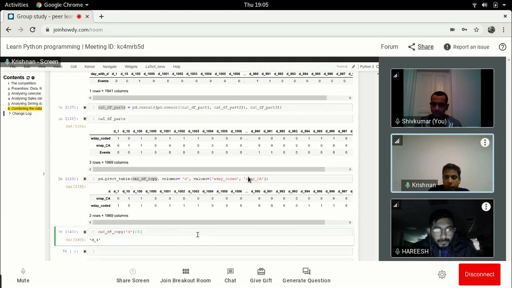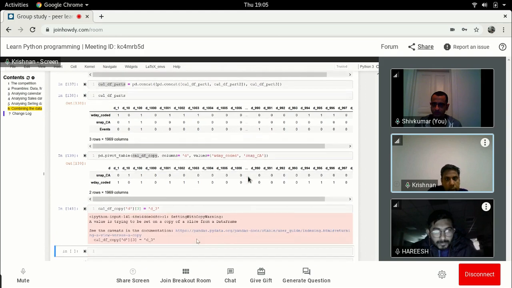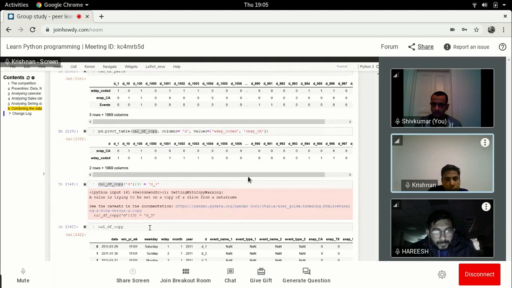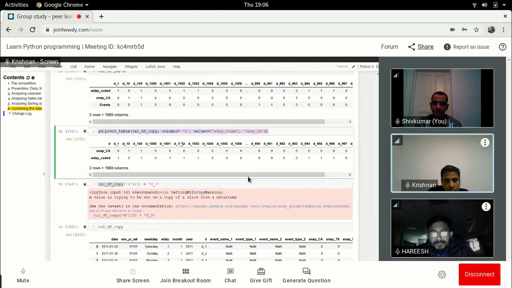So it's D4, right? So what I'm going to do is I will just say it's D3. Now if I look at it, there are two D3s here. The snap CA is 0 here, it's 1 here. So if I do this now,